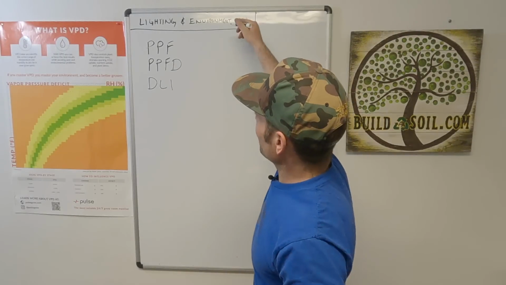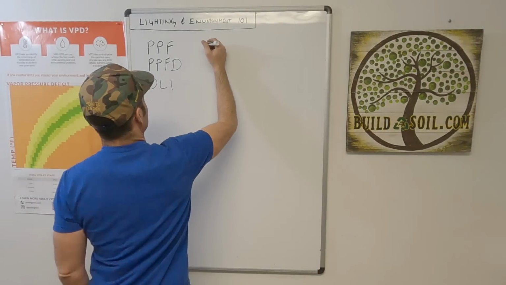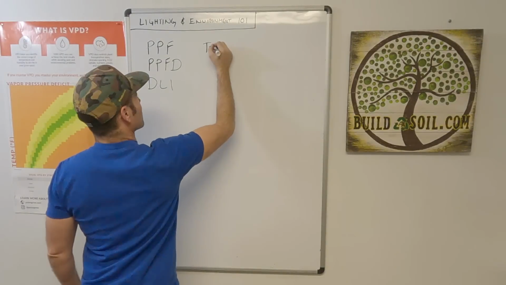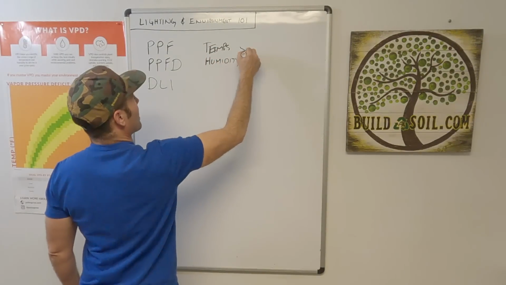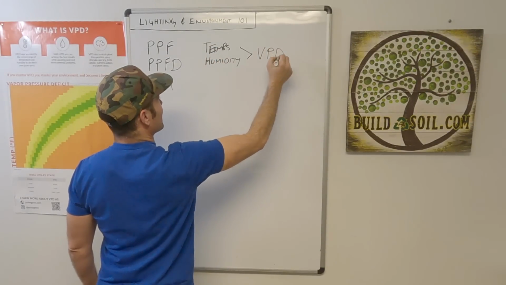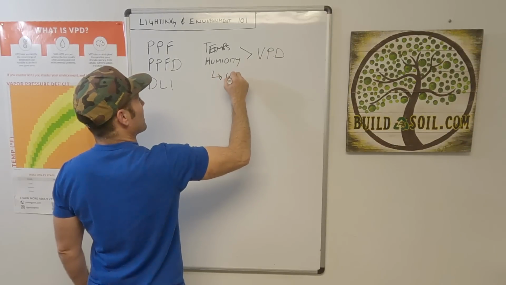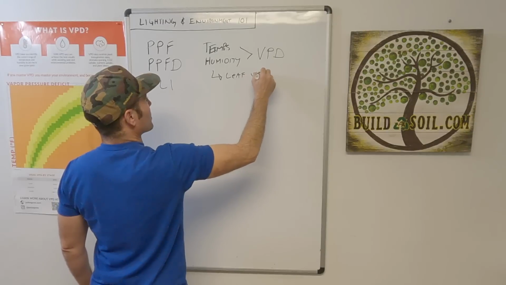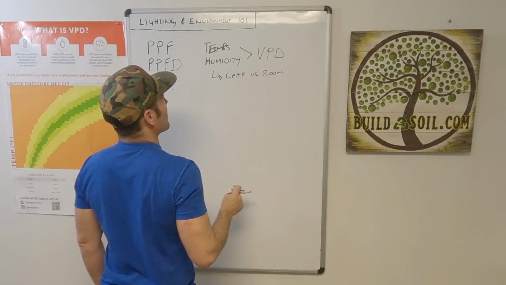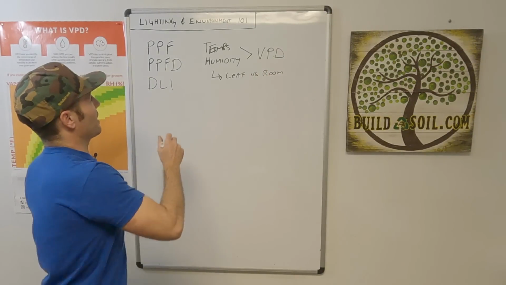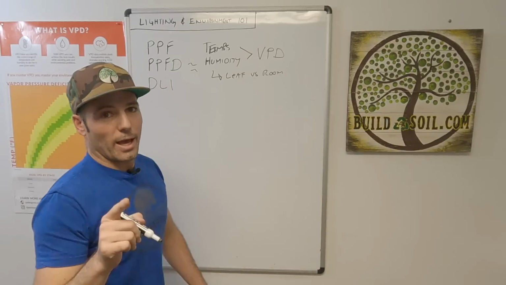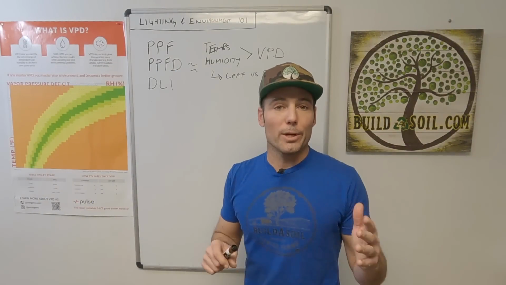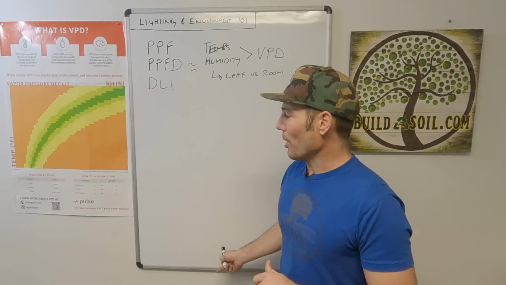And then when it comes to environment, we're gonna be discussing temps, humidity, and VPD, as well as leaf versus room, and how to set that up. And all of these will go together, so it's important. And then what we're gonna do is once we lay down all of the basics in here